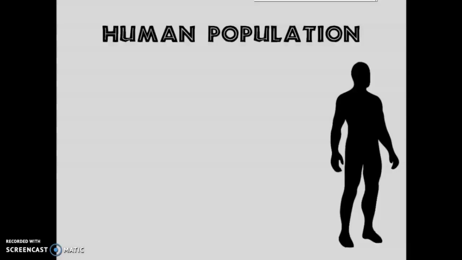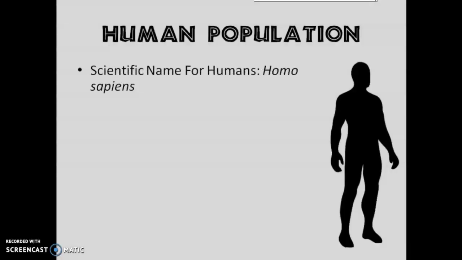Okay. All right, so if we take a look at one of the main aspects of this Anthropocene effect, obviously human beings. So the scientific name for humans is Homo sapiens, okay, which is a Latin word. When we get into scientific names, they're always pretty much written in Latin. Sometimes a little bit of ancient Greek slips in there. But we always see that there is two parts. The first part is the genus name, and the second part is the species name. Okay, so if we are thinking about it, the genus name is kind of like the bigger group, and then the species name is the more specific one.